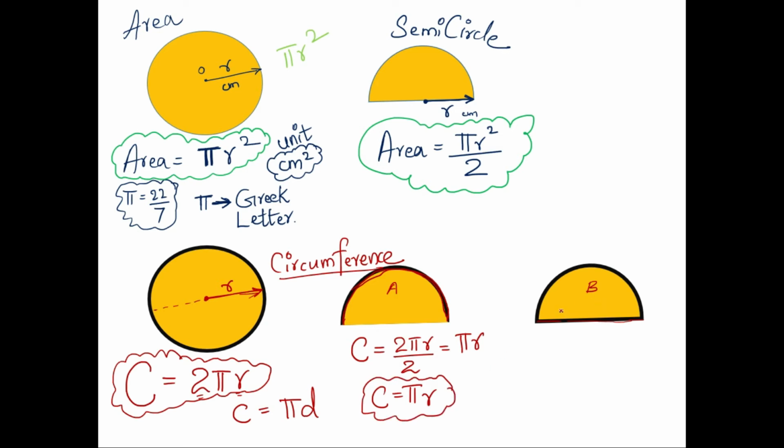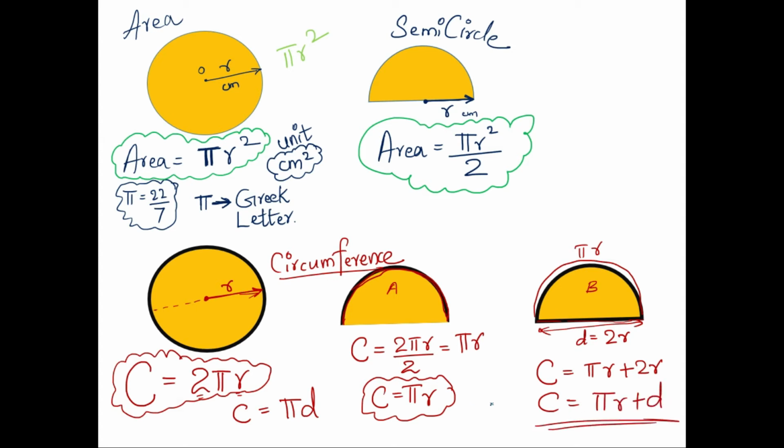While for this figure, this is going to be pi r, right? And this is the long diameter of the circle, which is 2r. So the circumference here is going to be pi r plus 2r, which can also be written as pi r plus d. You don't have to memorize both of these. The basic formula starts from the circle. So if you can memorize the area and the circumference, that will be enough to make the other two formulas